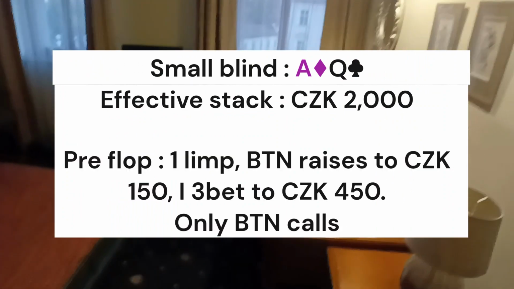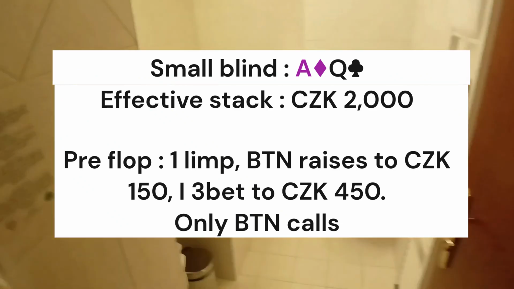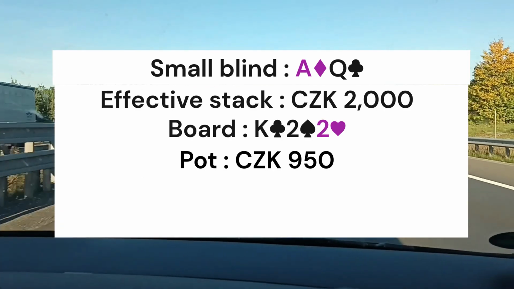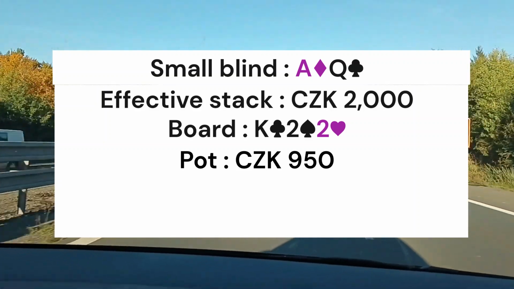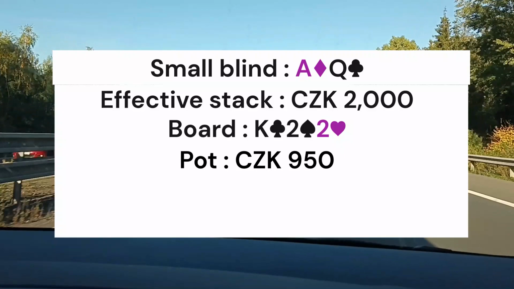Nothing much happened earlier on until I got ace queen offsuit in the small blind. There was one limper and the button makes it 140 crowns. I 3-bet to about 450 crowns and only the button calls. This was really surprising given how tight the game was played. The flop comes King Deuce Deuce rainbow, and I wasn't sure what the button had, so I decided to check